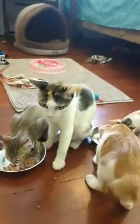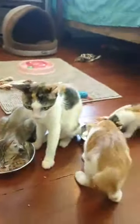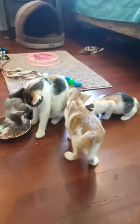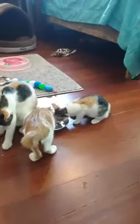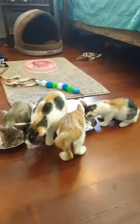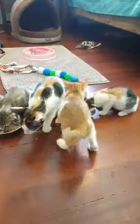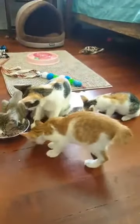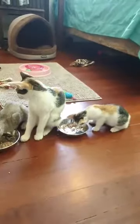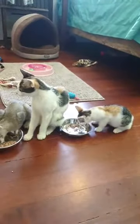So as I said, Olive and her babies arrived with us about 3 weeks ago, and she had 5 kittens. So she had little Helmut that you can see, the orange and white boy. Then she had her little girl Lola, who looks a mirror image of her. She had the most amazing kitten called Sergio, who's gone to a beautiful home with a lovely woman called Pearly. He was white with a black tail, and his brother is also with Pearly,